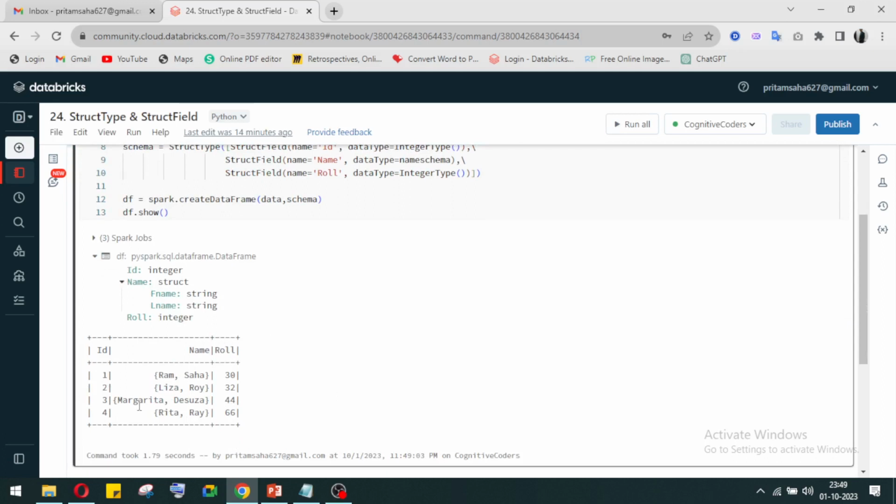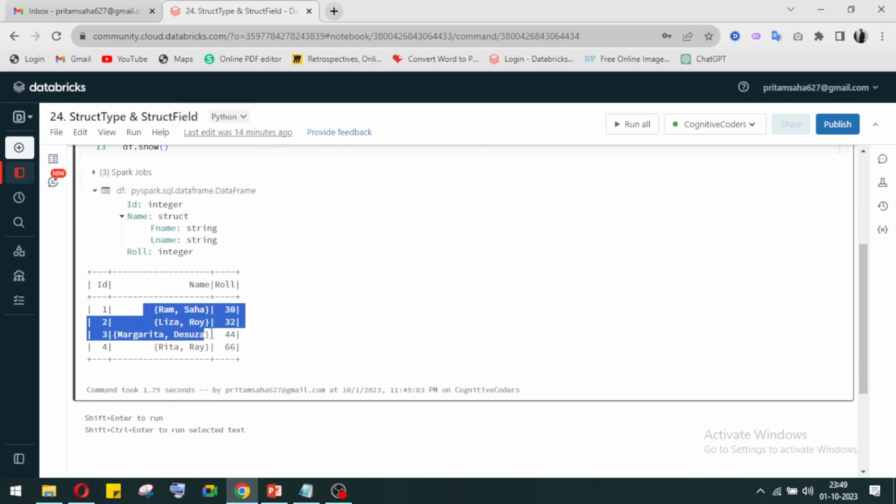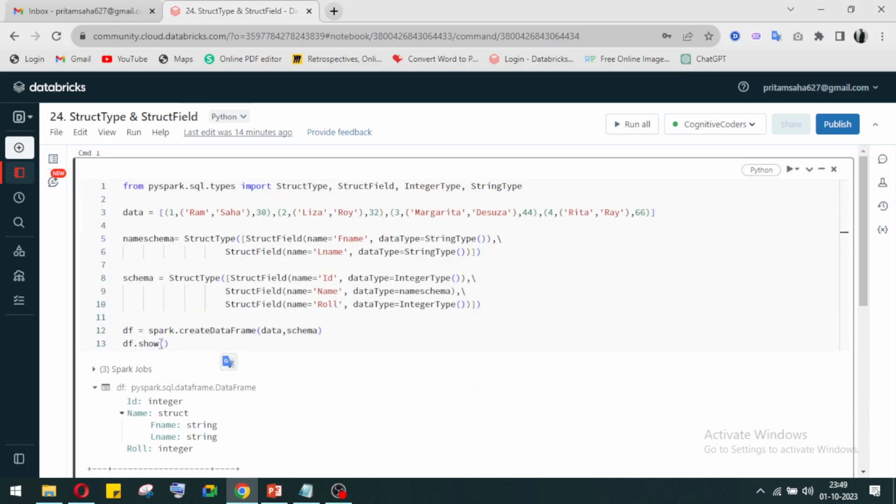तो ये देखो यहाँ पे, नेम कॉलम का जो ऑब्जेक्ट है, ये स्ट्रक्ट टाइप ऑब्जेक्ट है, स्ट्रक्चर टाइप। ओके, इसके अंडर में एफ नेम आता है, एल नेम आता है। तो फर्स्ट नेम का जो डेटा टाइप है वो स्ट्रिंग है, लास्ट नेम का जो डेटा टाइप है वो स्ट्रिंग है। ओके, तो ये ऐसे करके आता है। अगर मैं इसको डिस्प्ले करके देखूंगा तो और भी समझ में आ जाएगा।